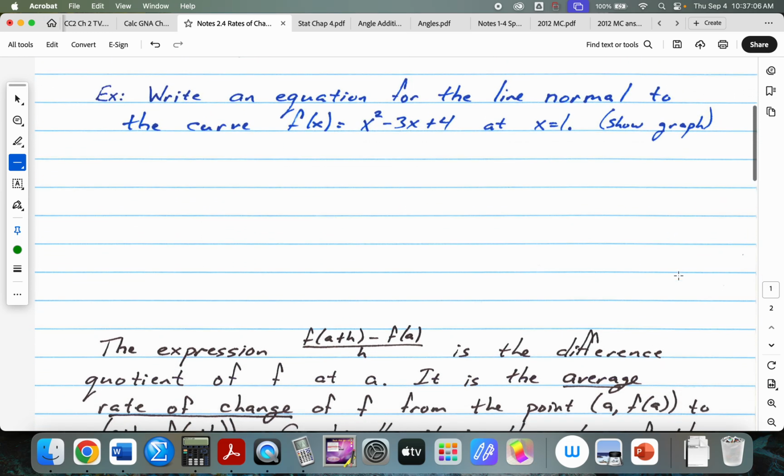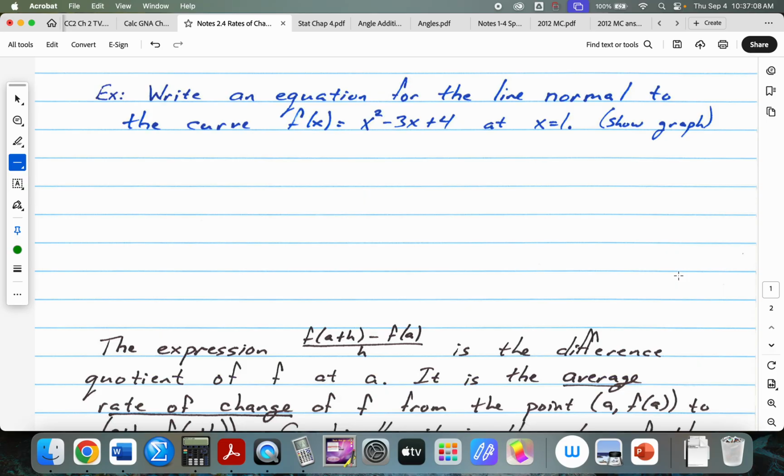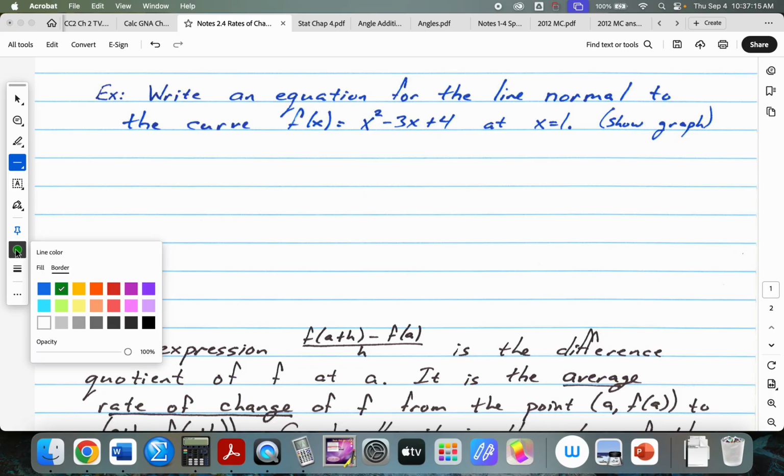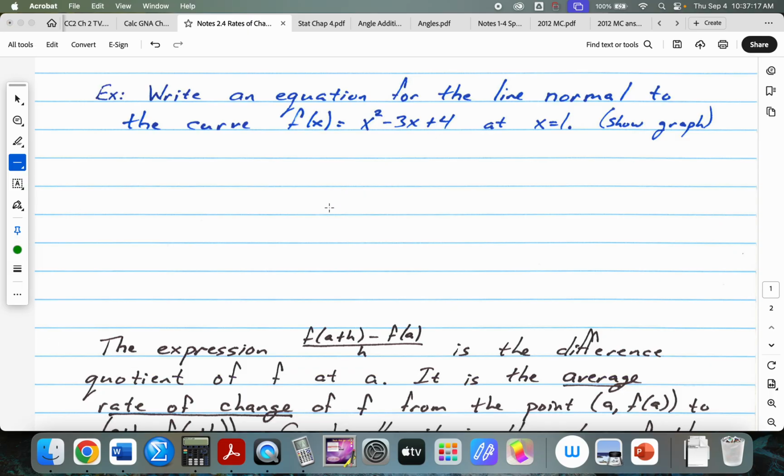Write an equation for the line normal to the curve f of x is equal to x squared minus 3x plus 4 at x equals 1. So the first thing I want to do is figure out, well, what's the slope going to be? So to save us some time, instead of doing it at a, let's just do it at x is 1, right? So that means that my slope